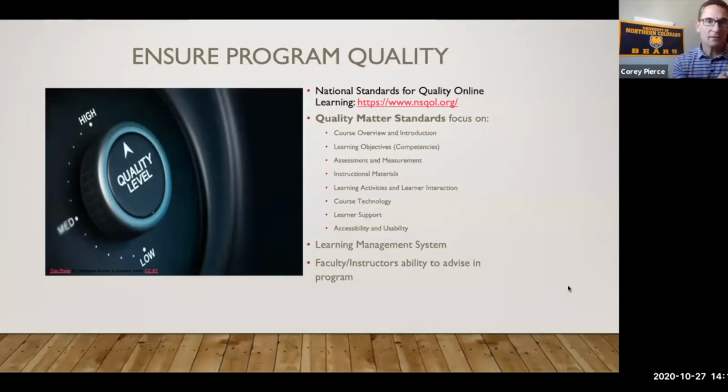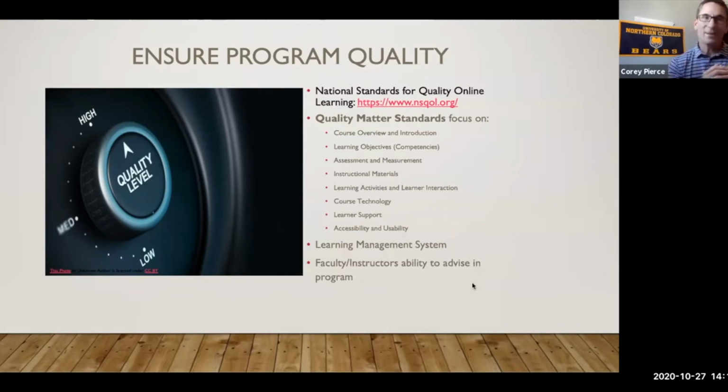Definitely look at the Standards for Quality Online Learning website. Ton of great resources when you're looking at this, especially if you've got any oversight, if you're a program coordinator, a program director, or something like that. Really encourage your faculty to look at this. University-wide, many systems usually use a structured system. We follow Quality Matters at the University of Northern Colorado. Quality Matters is where you should start before you develop the courses.